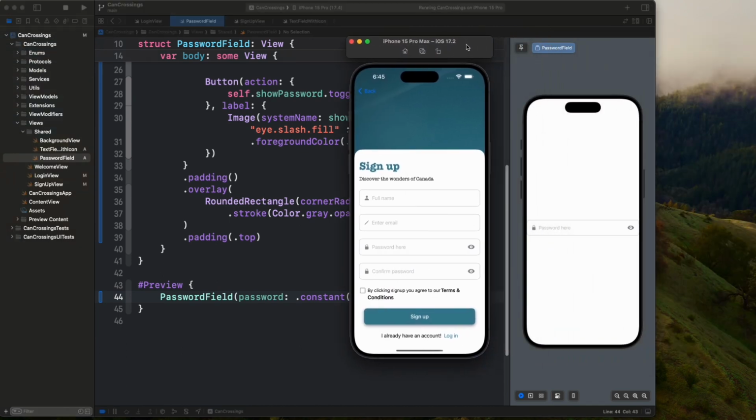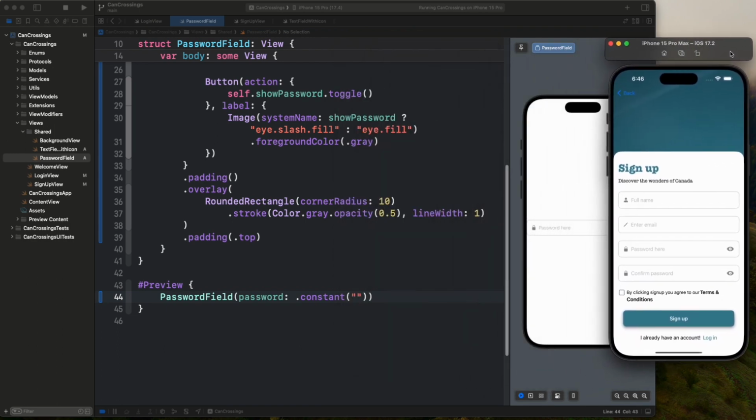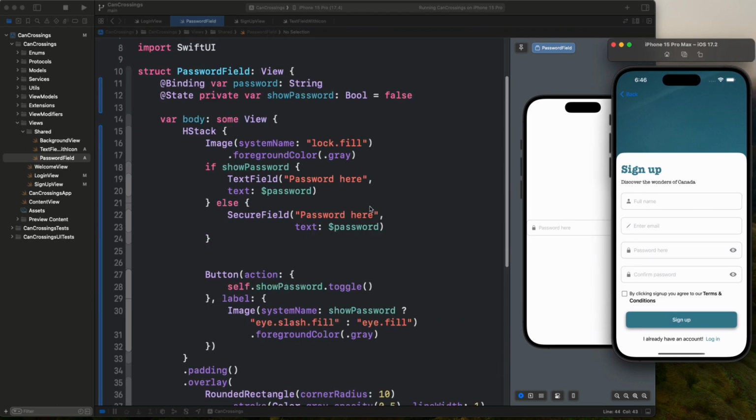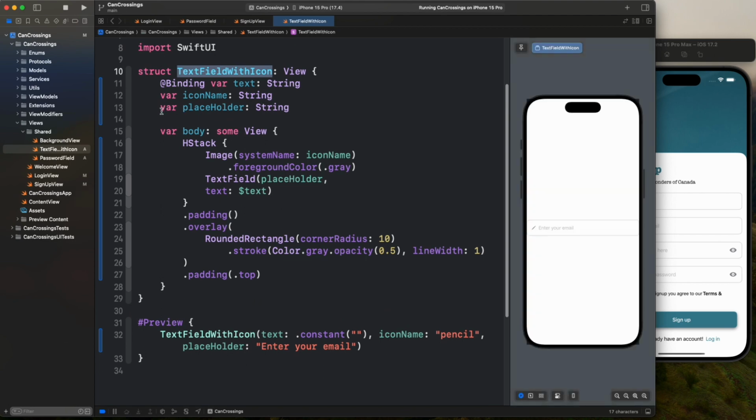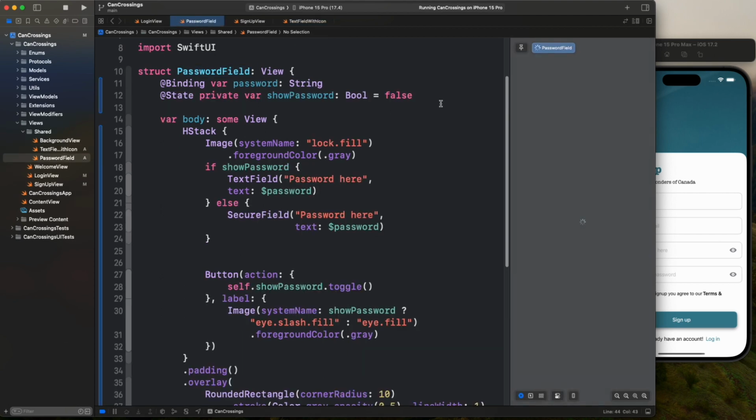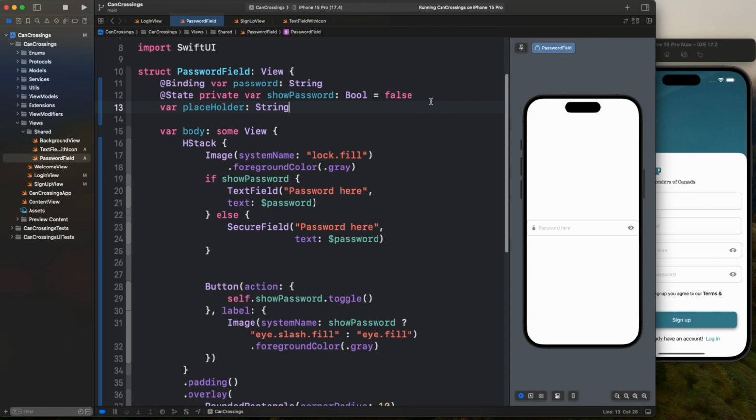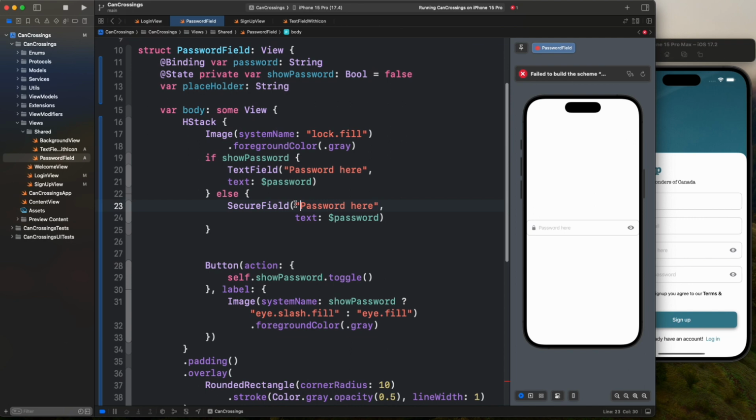So if we take the finish up, here we have password and here we have confirm password, okay? So which means we need to also provide this one, okay? So here for this text field, we don't want the same value for this password and confirm password. So what we can do, we can come here and provide another placeholder, okay? So if we go on this text field icon, we can simply copy this, and here for password field, we want to paste this one, and here instead of this password here, we can simply